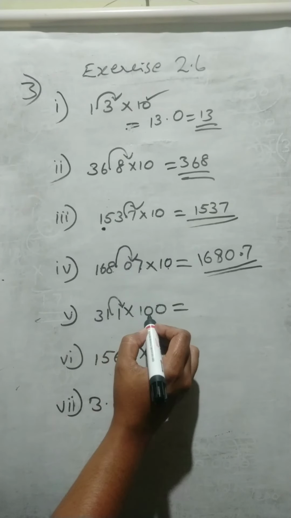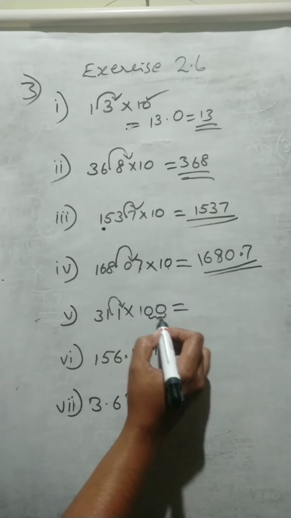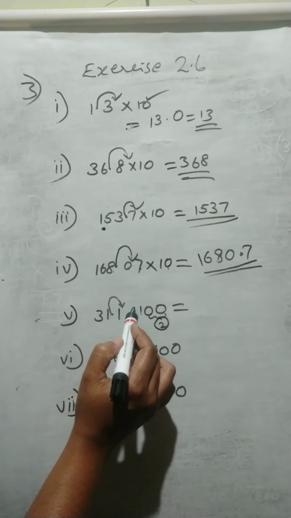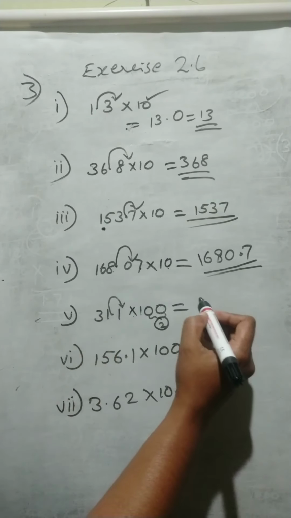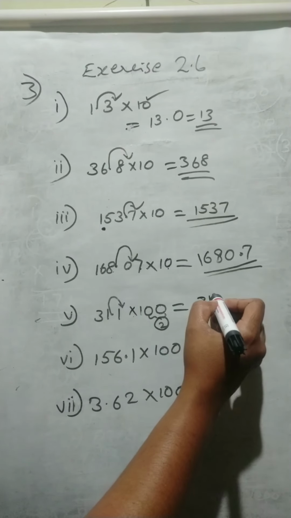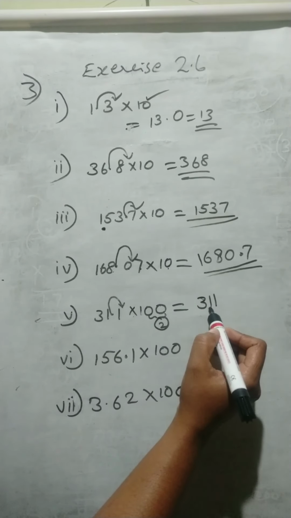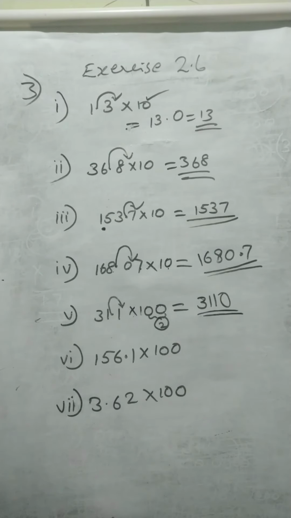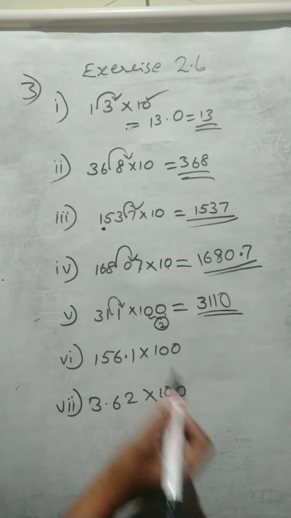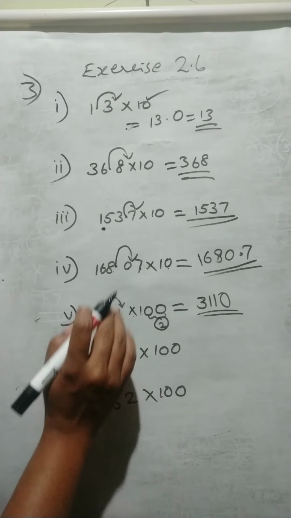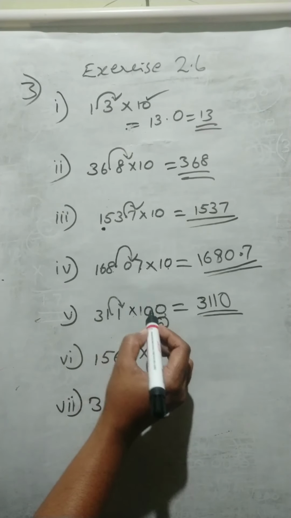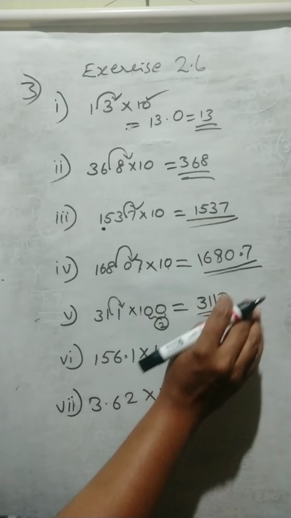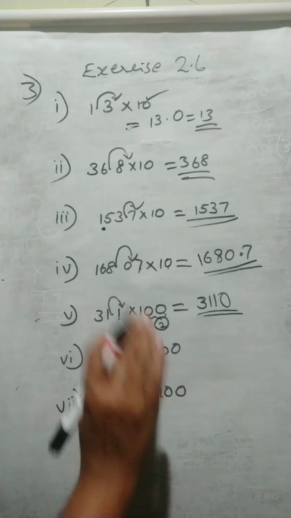But one thing, here 2 zeros are there. How many? 2 zeros. Is it enough? No, we have to get one more digit. So the answer will be 301. 1 we can write, but one more digit needed. If enough digits are not there according to these zeros, we have to keep the zeros last only.